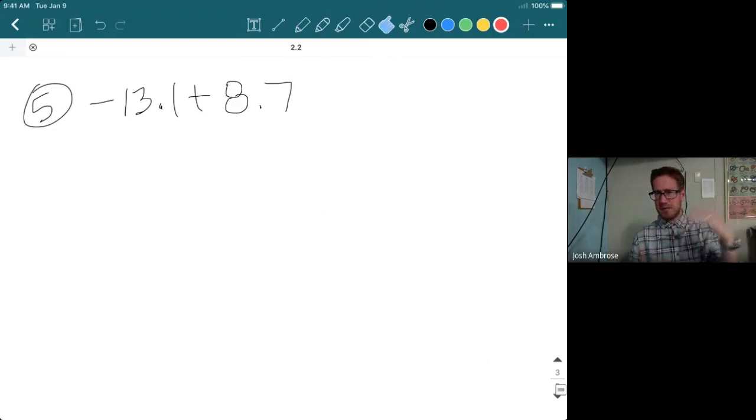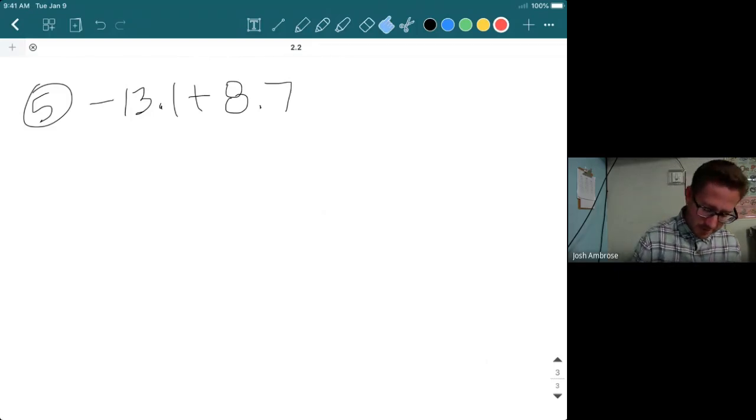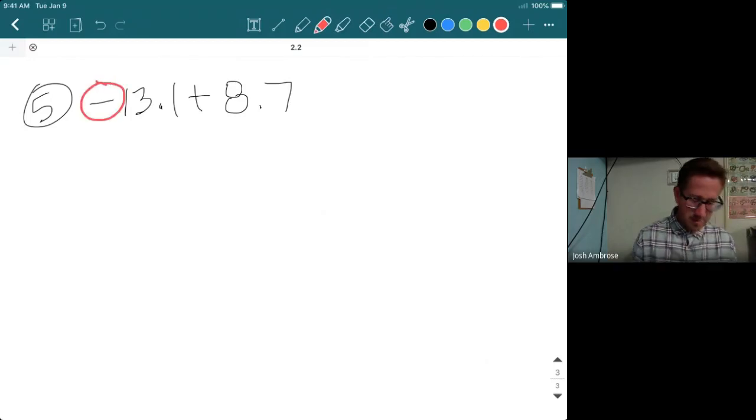Let's line up those decimals again, okay? But actually, we'll take a quick pause. We have opposite signs. So what does that mean we're doing here? We are subtracting, okay? And if you want to use that little trick that I was trying to teach you at the beginning there, let's see. There's our negative. The 13.1 is the bigger number. So what will our answer be? Our answer will be a negative. Then you can just proceed doing a simple, let's do